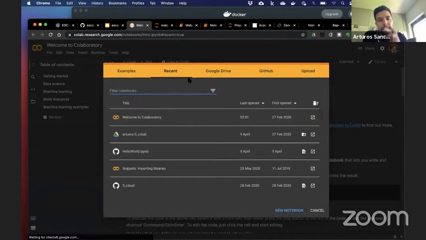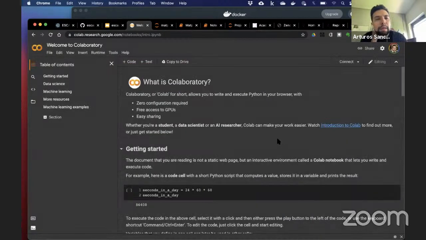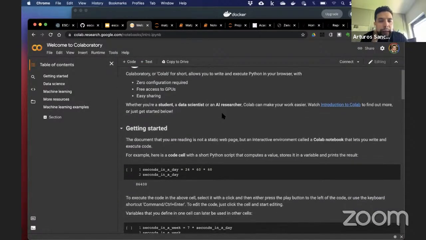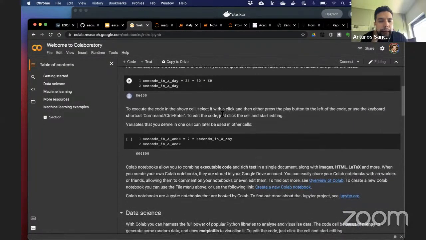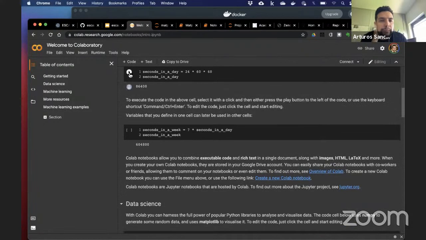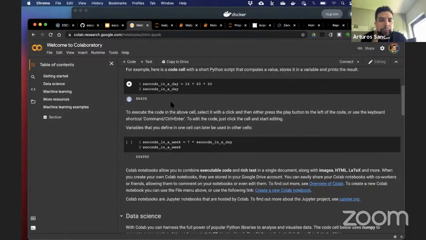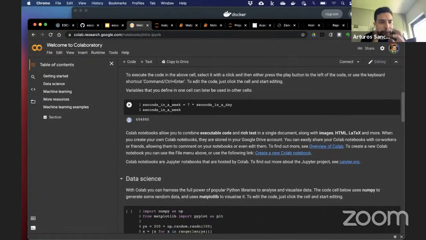So for example, when I click that link, it opens in my session, my account. But if we cancel this, for example, it opens a demo version, with some Python, and there is some extra information about the cells, etc. You can run them individually and see the output. So it's quite similar to Jupyter in that sense,